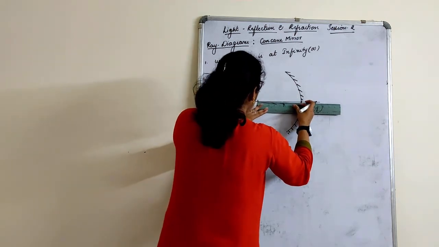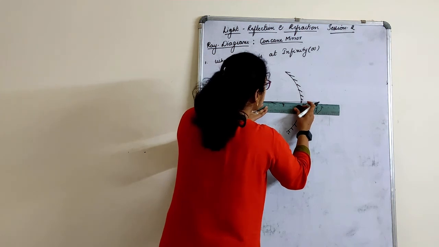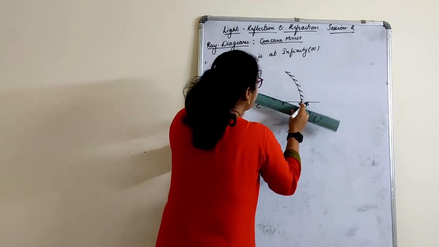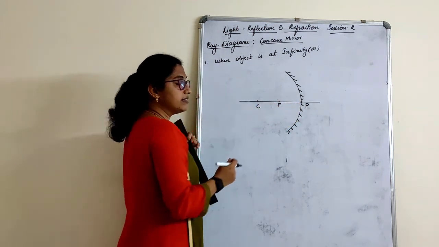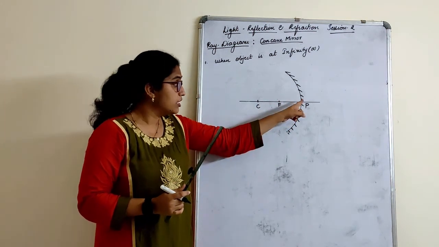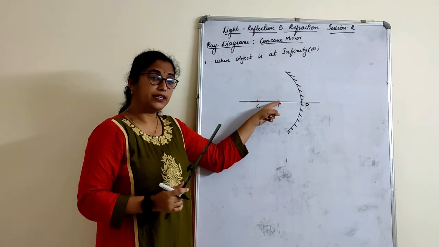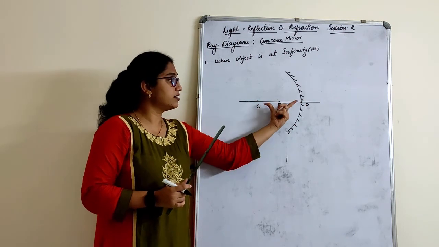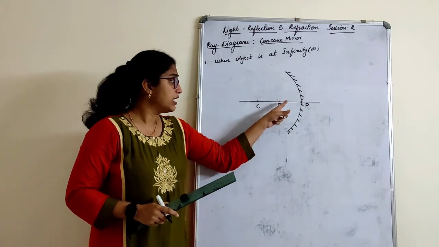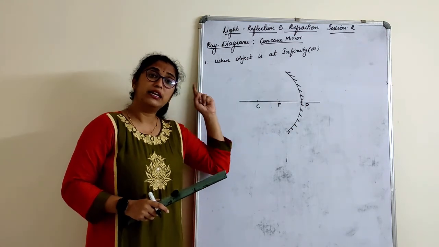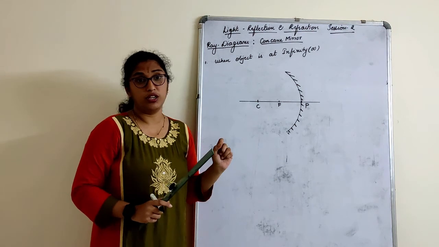So from the pole, if I consider this is focus, 2 centimeter, 2 centimeter. Very clear? Always from the pole 2 centimeter to focus, and from focus 2 centimeter, total 4 centimeter, divided by 2. This is the rule that we follow. And this 4 centimeter rule is followed in lens also, children.